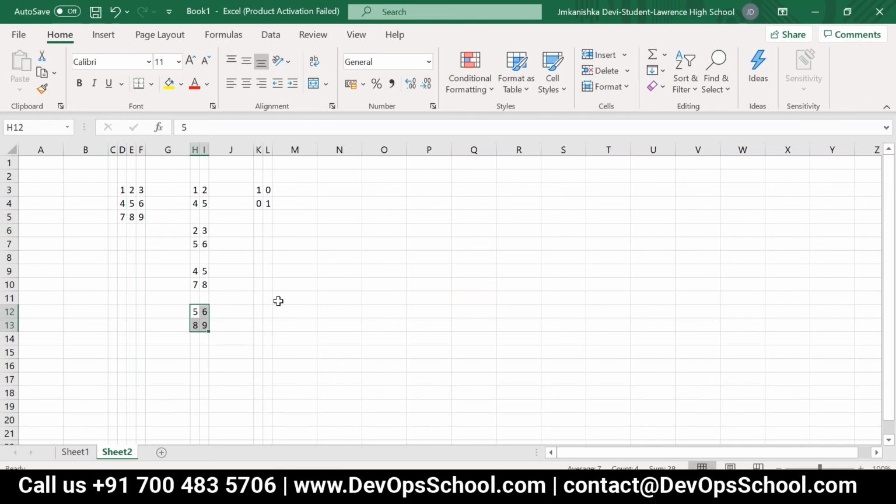So this will be taken like this, and each one will perform element wise multiplication with respect to the weights. That is 1 into 1 plus 2 into 0, and then 4 into 0 plus 5 into 1. This will produce one output.